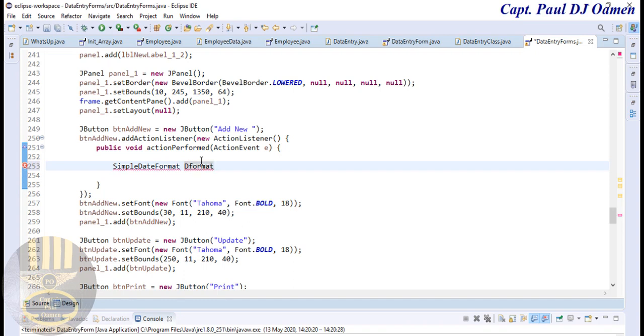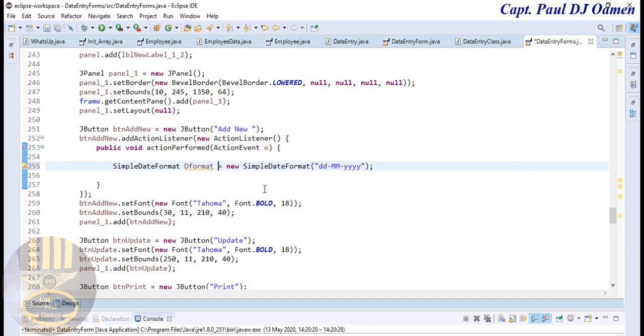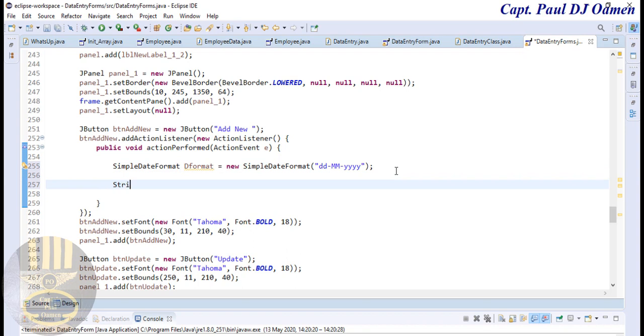I call it D format equals new simple date format. There we go. So that's my object there. Now the next thing I want to do is create a string variable that I'll call SQL. Then I just say I want you to insert